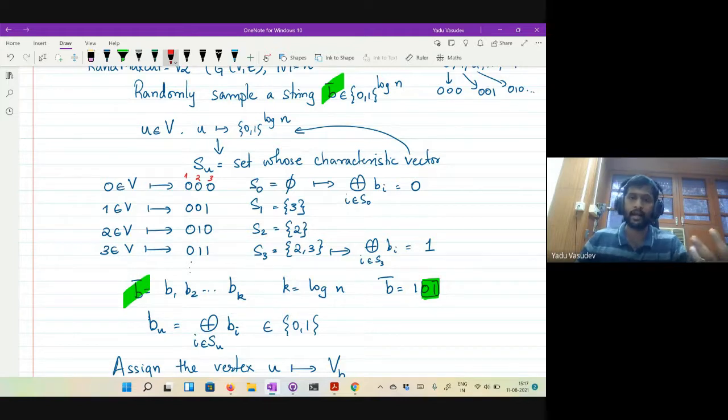You know that if you take a random string of length log n and do this procedure, you're expected to get a cut of size at least m over 2, which means that for some string you must get a cut of size at least m over 2. So if I brute force over all possible strings of length log n and take the largest value, that must be a cut of size at least m over 2, and that gives me my cut explicitly. I can brute force over all strings of length log n because there are only polynomially many such strings.